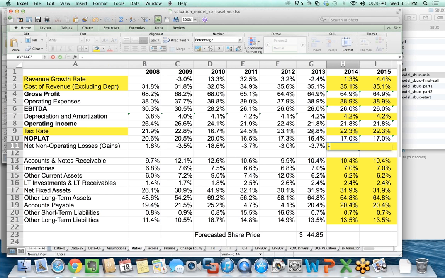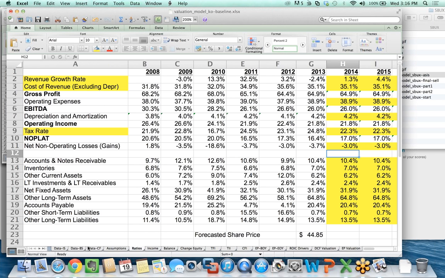So I'm going to put that at negative 3%, by eyeballing it, which is probably a more reasonable number looking at the other years, 5 of the 6 years, taking out the 18.6. So this gets me to an almost baseline stock price of $45 a share, but I haven't put in